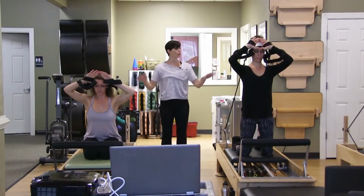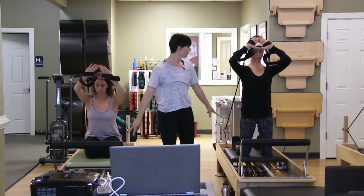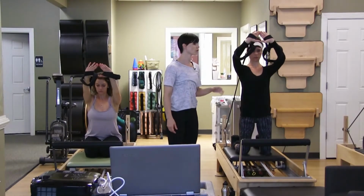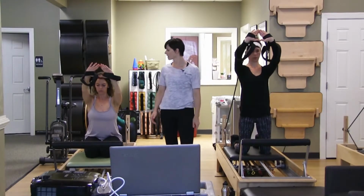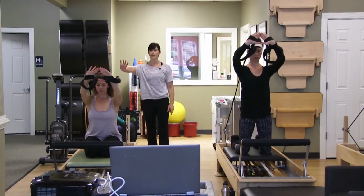So again, no input of where their body is in space except for what they're connected to on the reformer, but then being able to allow that freedom of movement for the arm. So the shoulders moving on the socket, socket moving against the trunk, and having all of that movement go. So this is a great place where you can watch for that client and see what's happening in those shoulder